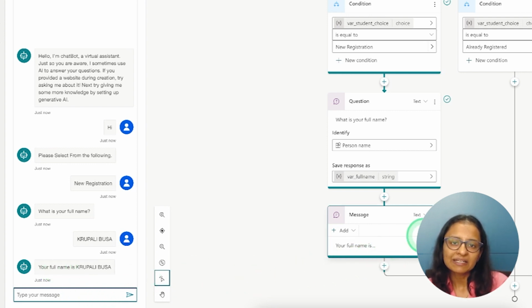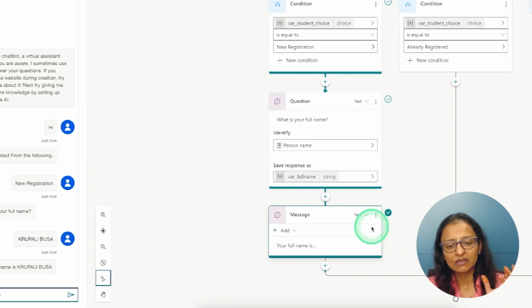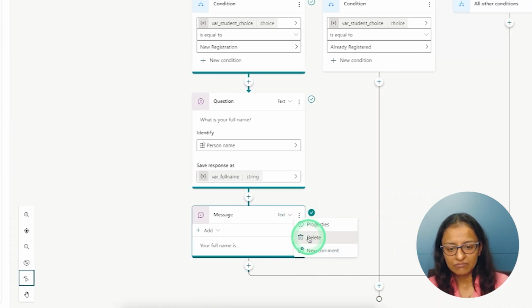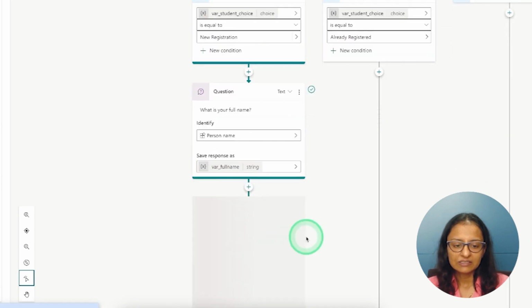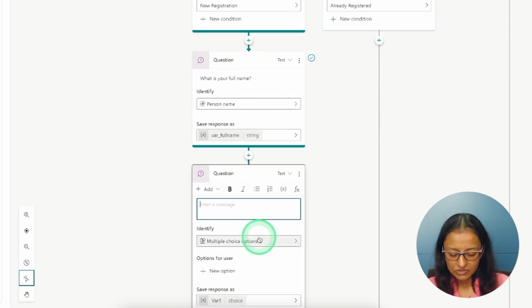Basically we are not printing the values, we are taking the values and storing them in the database. So let's first take the values other than name. Let me delete it and ask a new question, that is, I'm asking for the email ID. So write your email ID.